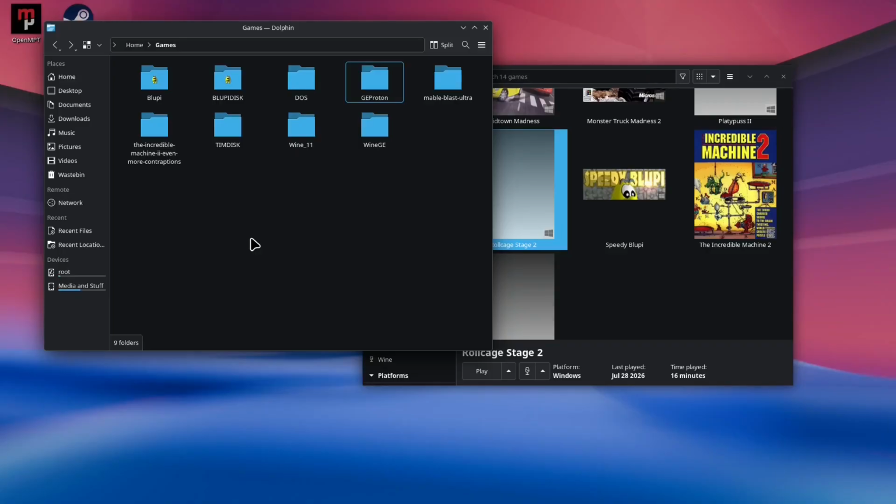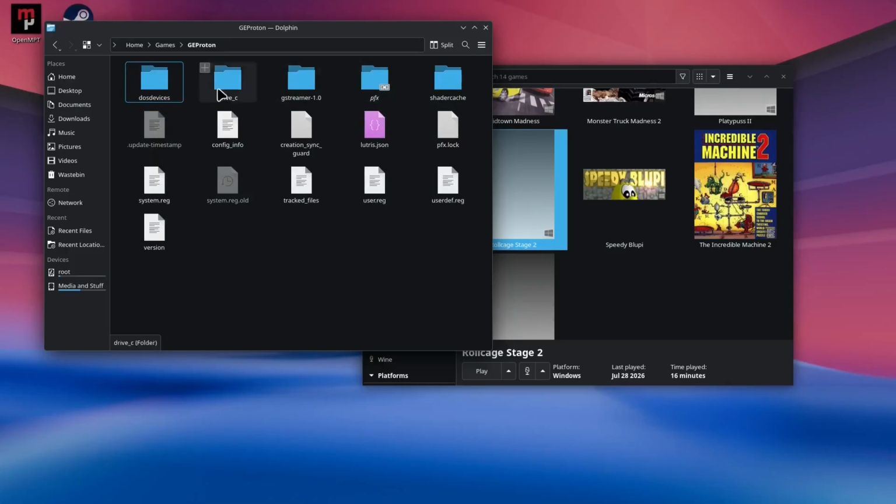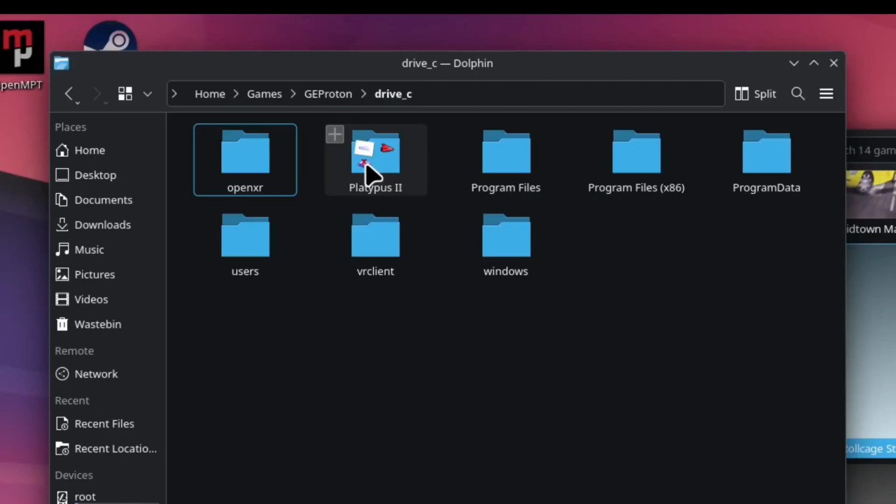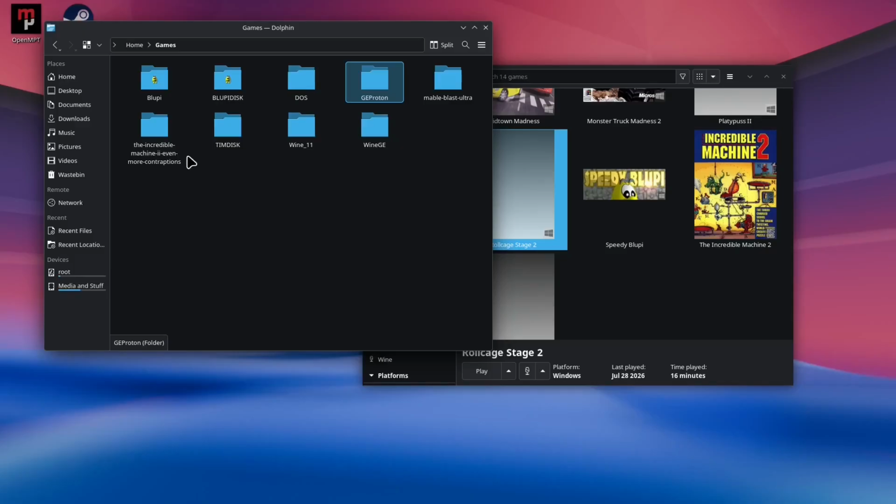Well, a prefix is basically a virtual Windows environment living inside of Linux. If we go into any one of them, you can see we've got the files and folders that you would expect to find in a Windows install, and that's where you're going to put your games and everything. So, I created 3 prefixes, and in these 3 prefixes, I put in games that I'm going to use specific